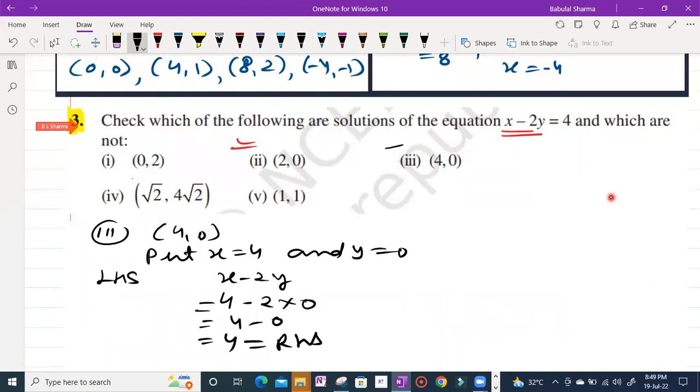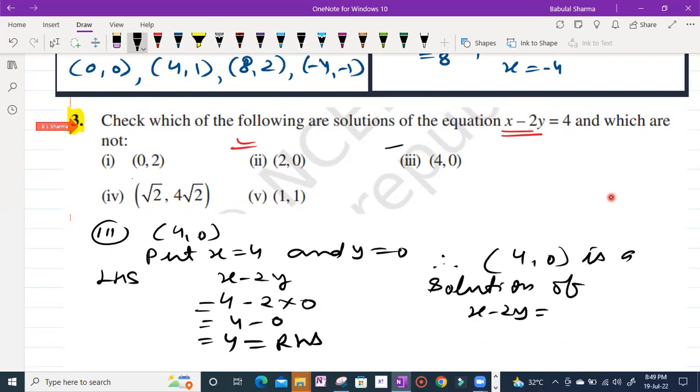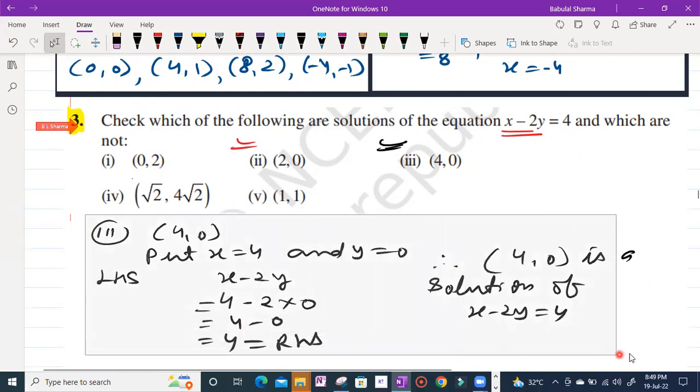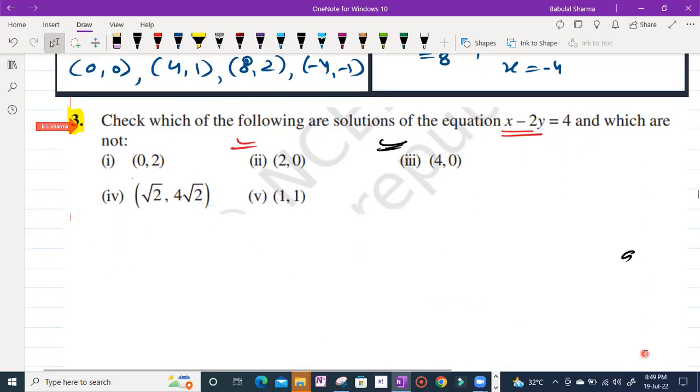So we can say therefore yes, (4,0) is a solution of x minus 2y is equal to 4. ये इसका सोल्यूशन है. अब हमें फोर्थ और फिफ्थ पार्ट को भी चेक करना है, क्या इसकी सोल्यूशन है. देखिए, now we check fourth part means root 2 and 4 root 2. So put